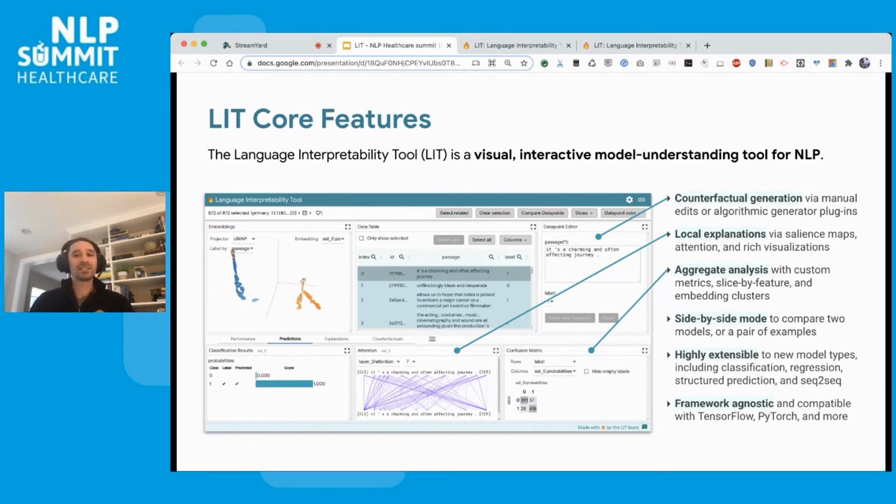We do local explanations through salience maps and attention. So looking at things like integrated gradients to look at token-wise importance for decisions. Another important thing is aggregate analysis. So looking at across the whole evaluation set, how am I doing through metrics like accuracy and also confusion matrices? And additionally, if I want to slice by something like break my data set down into subgroups that I care about fair treatment between, I'd want to see those same stats across those subgroups.